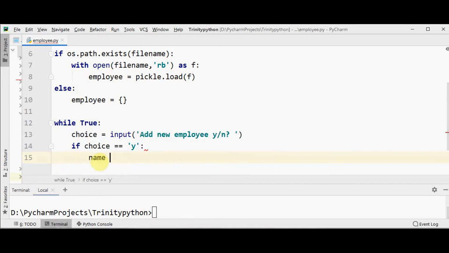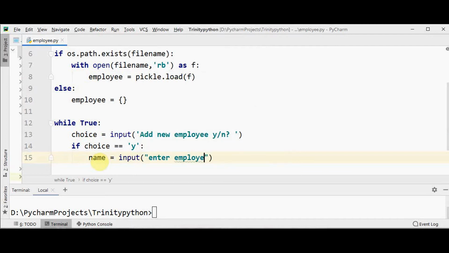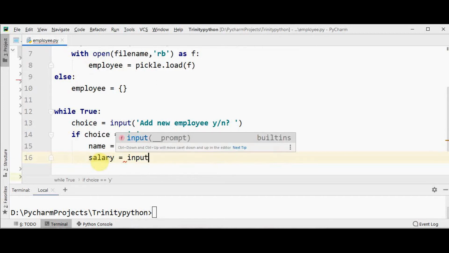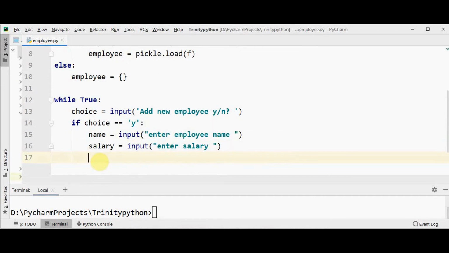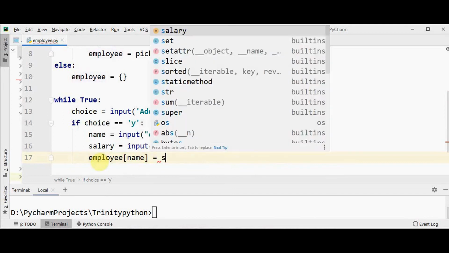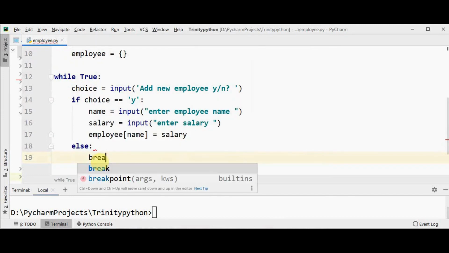So we'll get it in a variable called name, enter employee name, then salary, input, enter salary. Place it in the dictionary called employee. The key is name and the value is the salary. Continue until the user presses no. If the user presses any other option, come out of the loop.